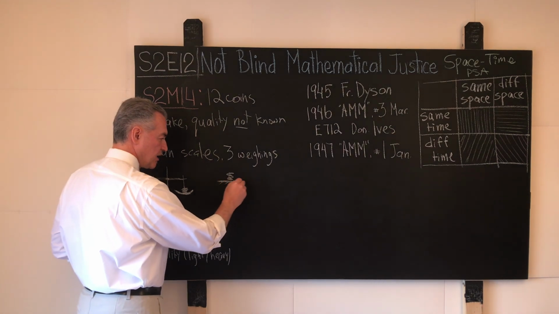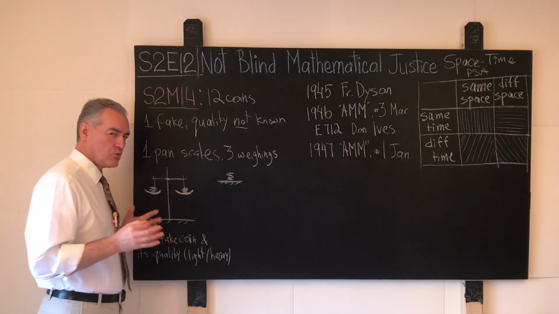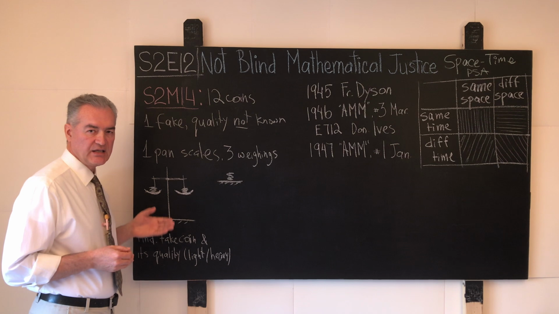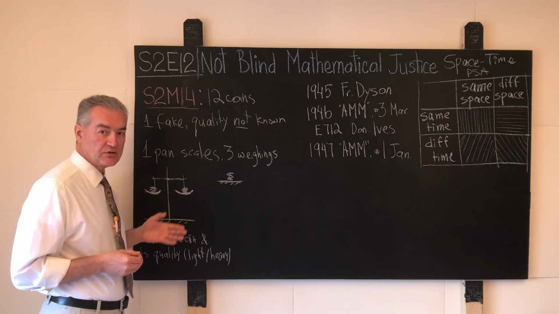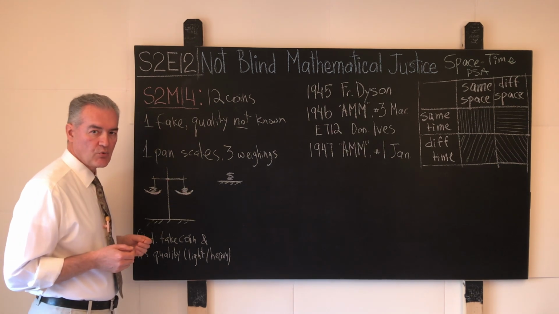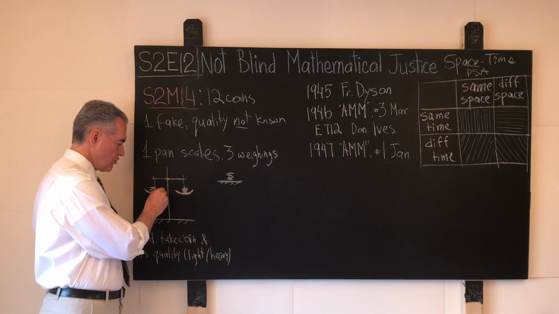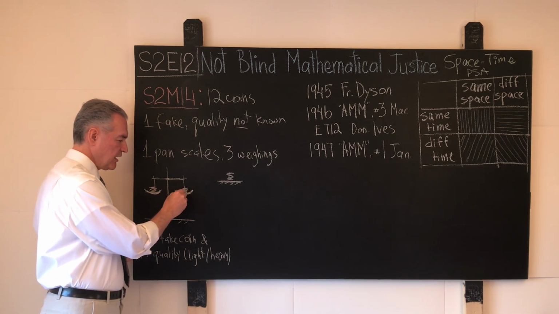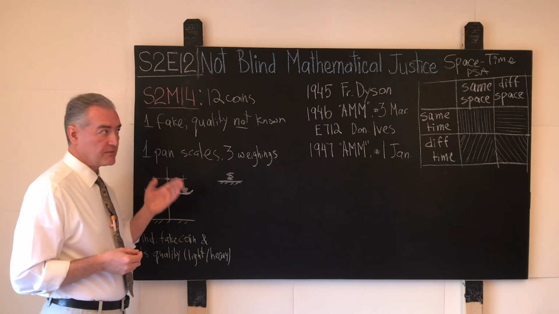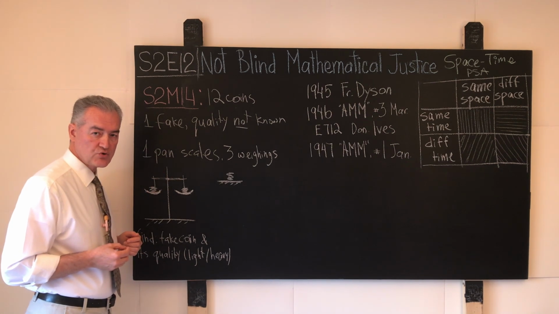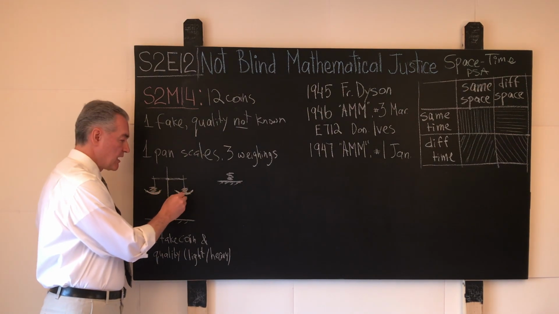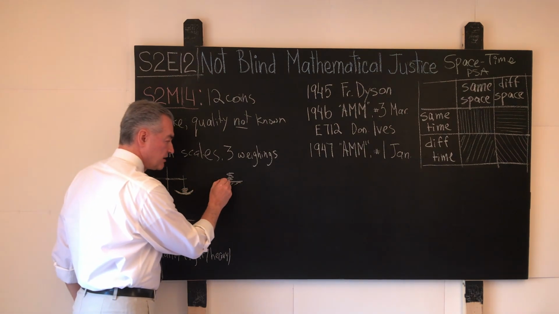In other words, the table will be basically our abstract device on which we will keep all the coins that do not participate in any given weighing explicitly. I mean, obviously these coins participate in the weighing implicitly, but on the table we will keep all the coins which are not on the left pan and which are not on the right pan. Consequently, in this problem, from the space-time problem solving approach, we have three spaces to deal with: the left pan space, the right pan space, and the table space.